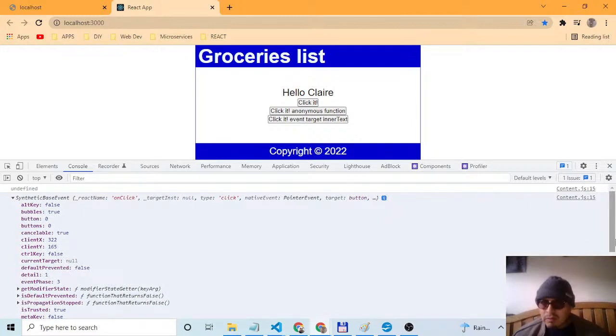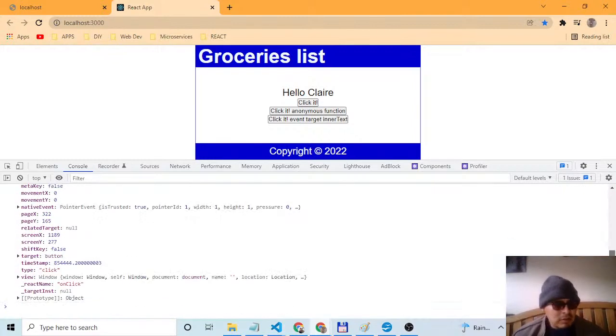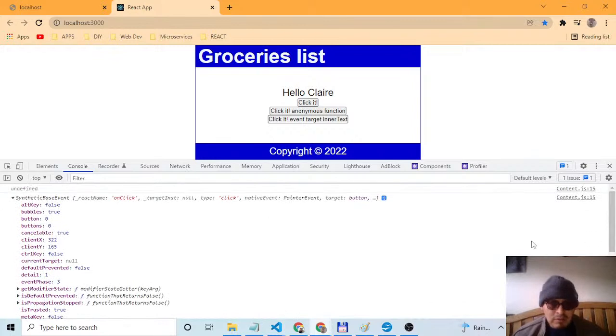Is this opening? Is this closing? Not sure if it's opening or closing. Or maybe I just need these things. Okay, so I have target, native event, type, target